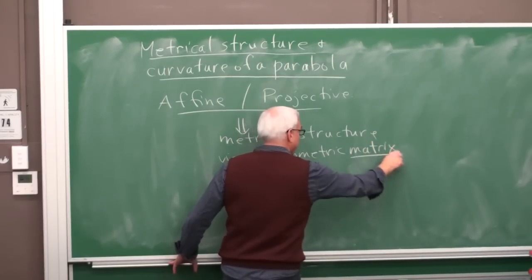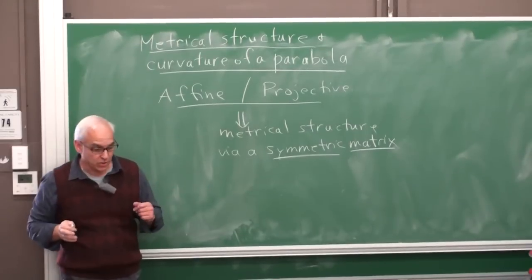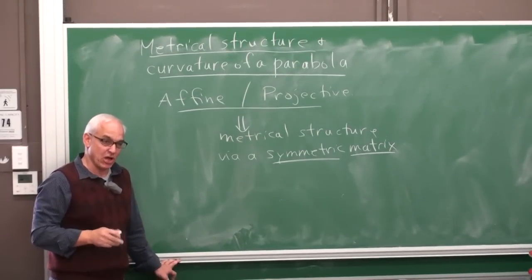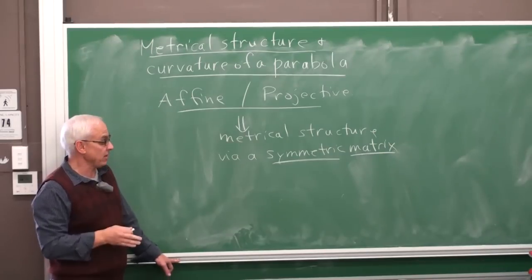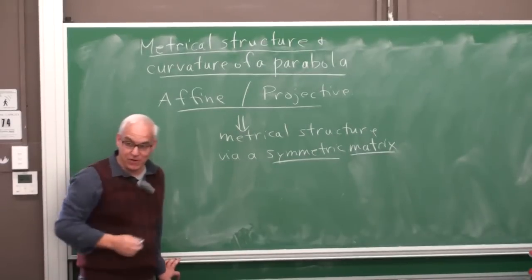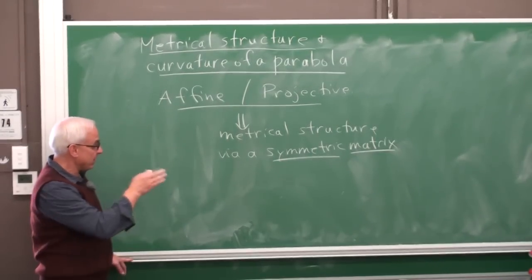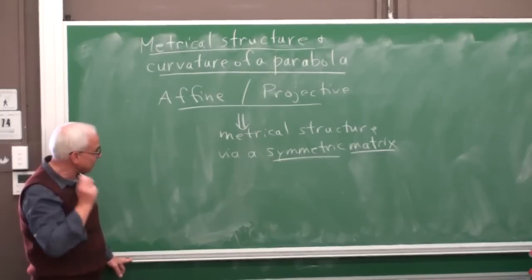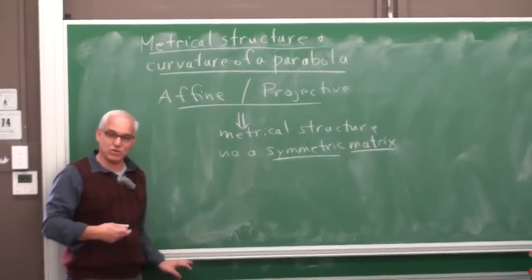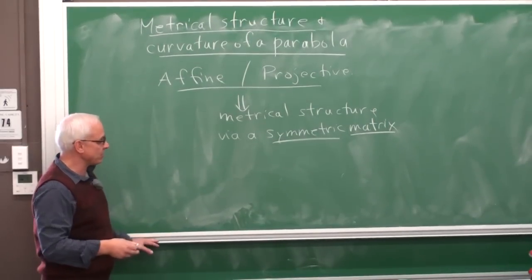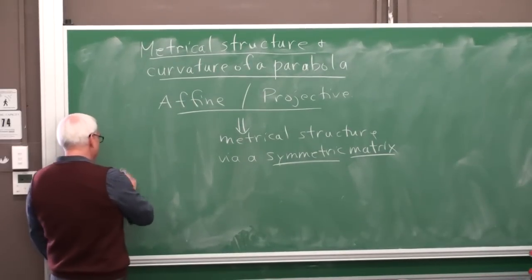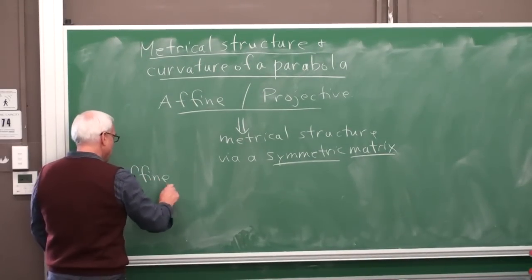And this provides us with a rather general approach to metrical structure that's going to be important for us because we're actually interested in applications of differential geometry to physics, especially the physics of special and general relativity. And although we may not get very close to understanding that, we're still aiming in that direction. So what we want to do is be a little bit more flexible about metrical structure than usual. Usually when we talk about metrical structure, we're talking about Euclidean geometry. Today we want to enlarge our view a little bit. Okay, so let's start with the affine situation, which is by far the most familiar.